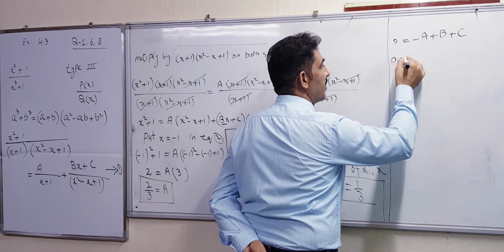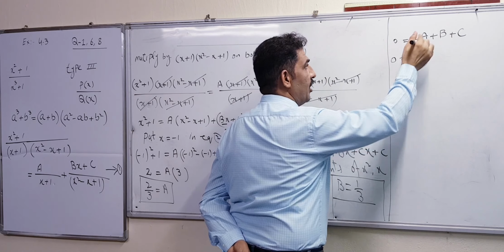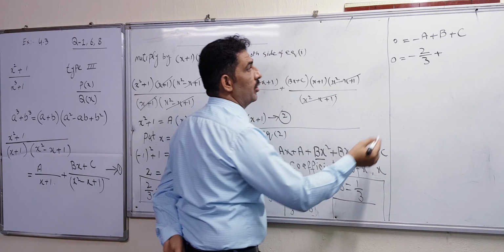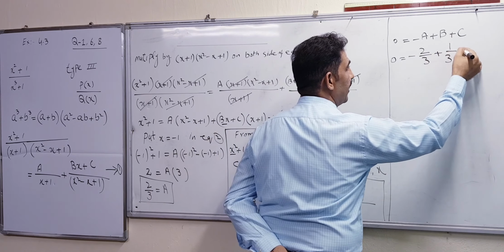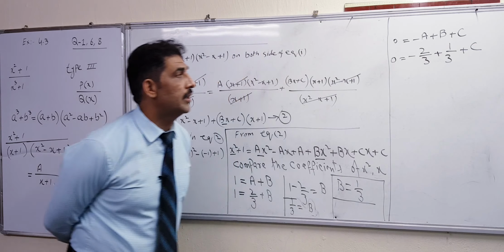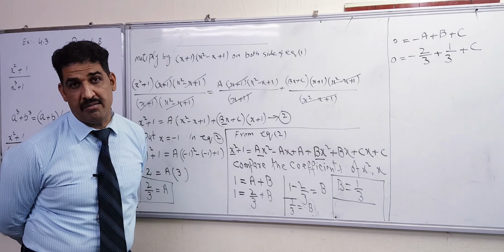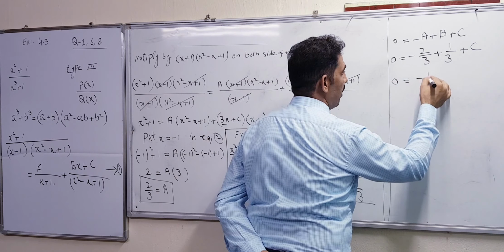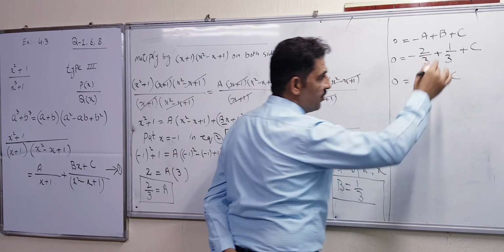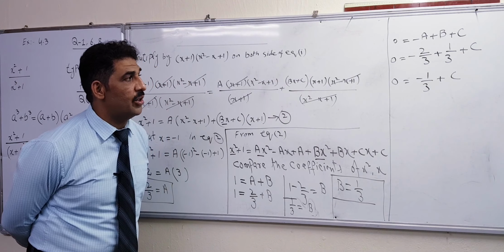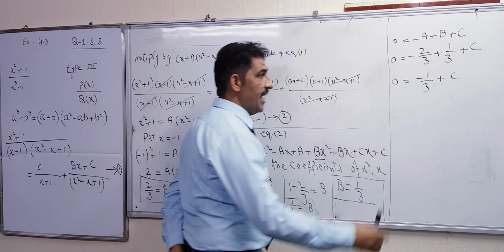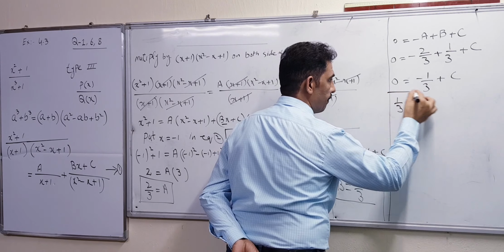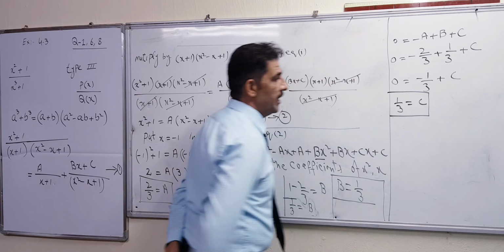So 0 will remain the same. Minus is also given before. The value of A is equal to 2 over 3 and the value of B is equal to 1 over 3, plus C. Minus 2 over 3 plus 1 over 3, the denominator is the same, so directly you are able to write C is equal to minus 1 over 3. Otherwise use the calculator to find this result, but we need the value of C. So here adding comes to this side, it will become 1 over 3, the value of C is also found.